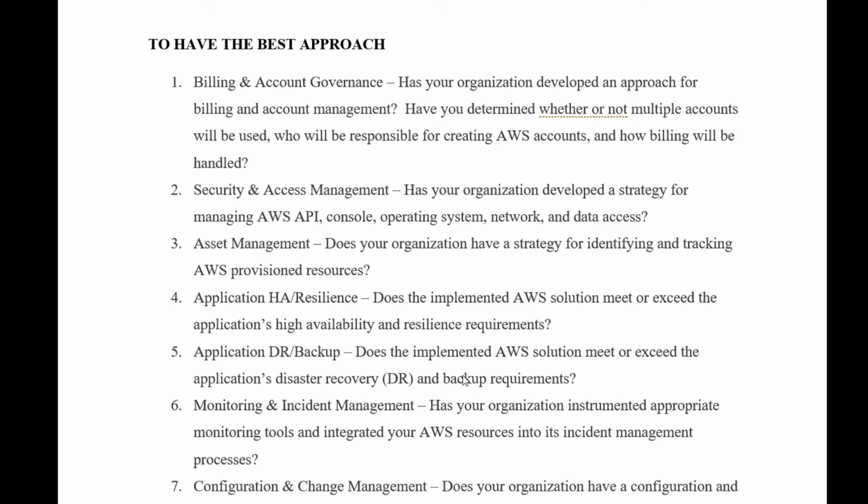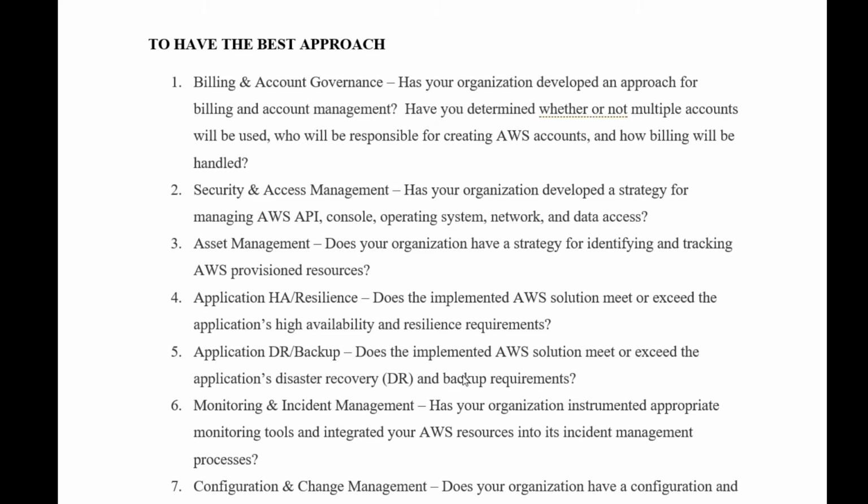The fourth one is application high availability and resilience. Does the implemented AWS solution meet or exceed the application's high availability and resilience requirements? When it comes to high availability, you should have an approach where high availability is enabled in your application. There are multiple things that you can do.